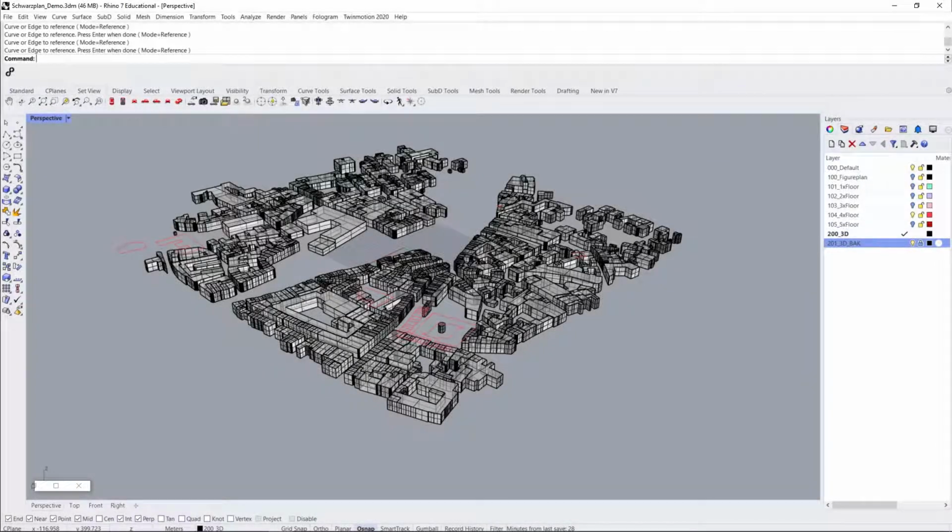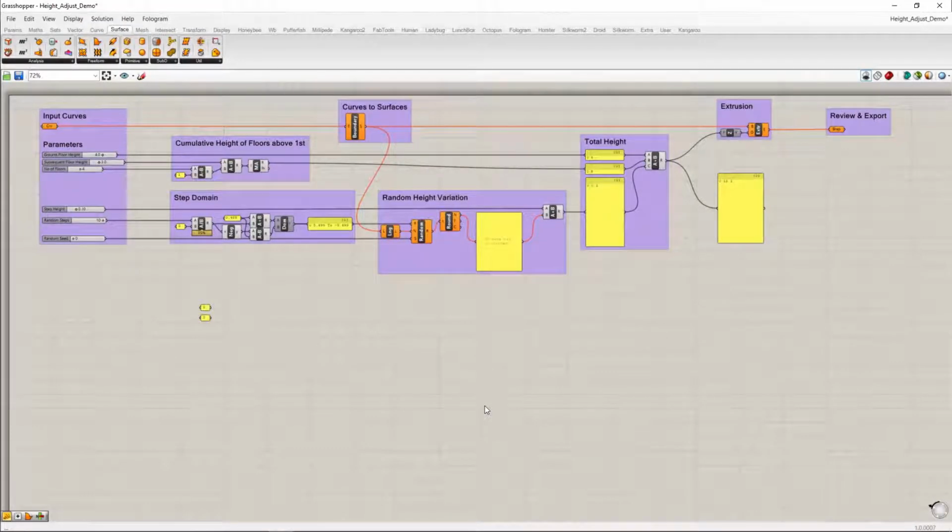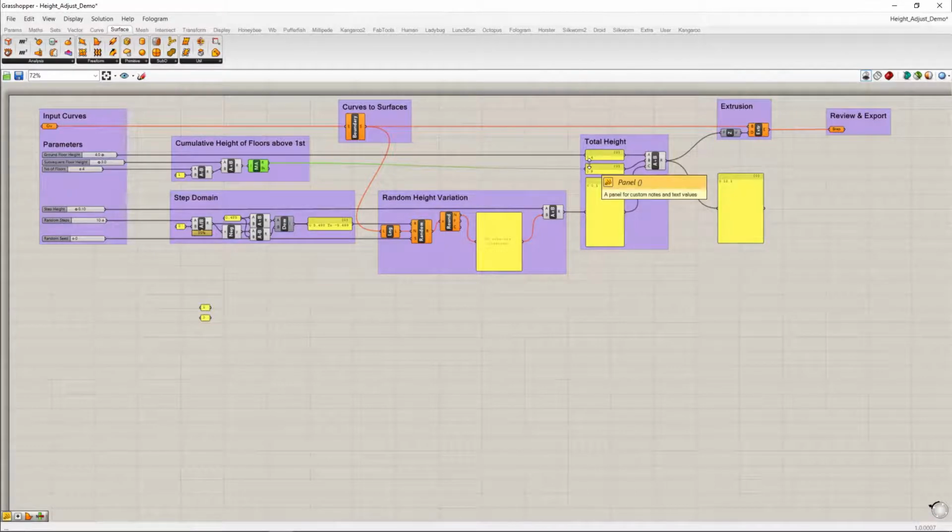Now, you will have noticed that part of this file has already been worked on. Let us finish this project with a walkthrough of the Grasshopper definition. This is the Grasshopper editor. You will notice that there are gray boxes called blocks and wires connecting them. This is basically how the program works. You start on the left and move to the right.